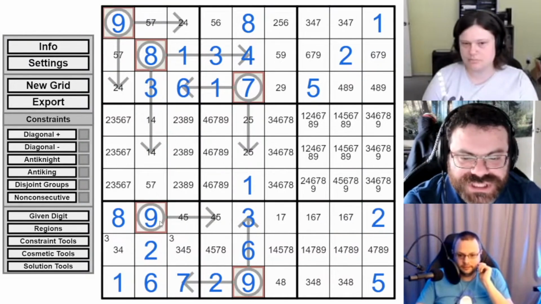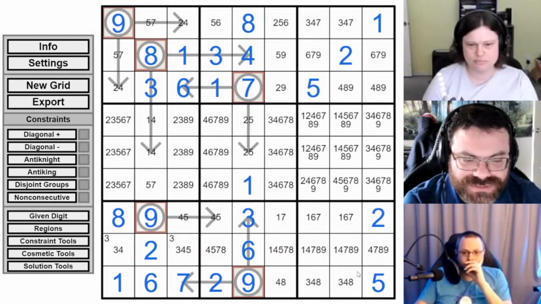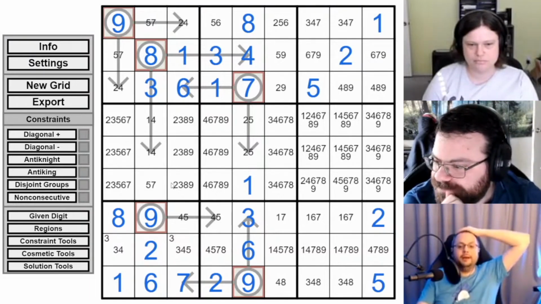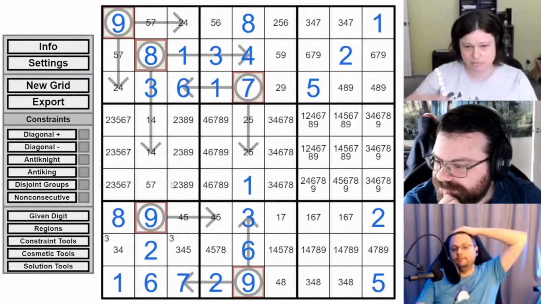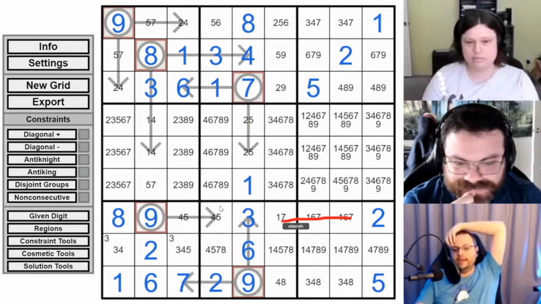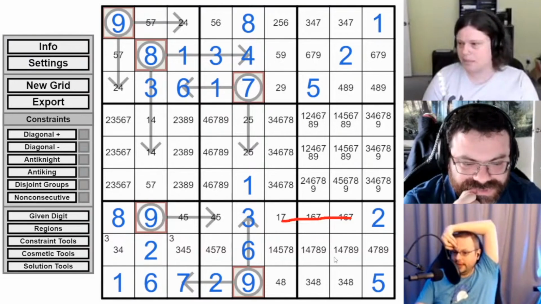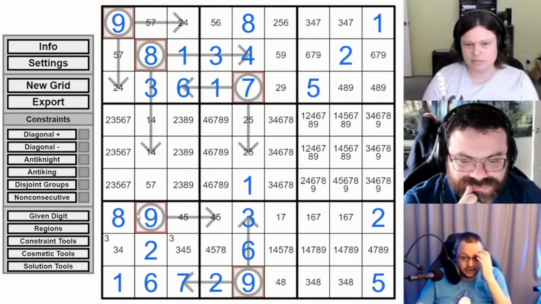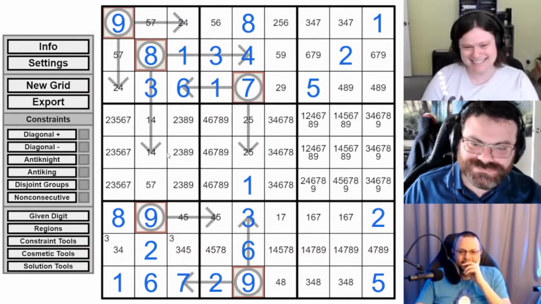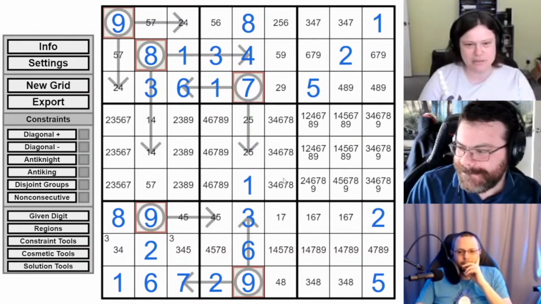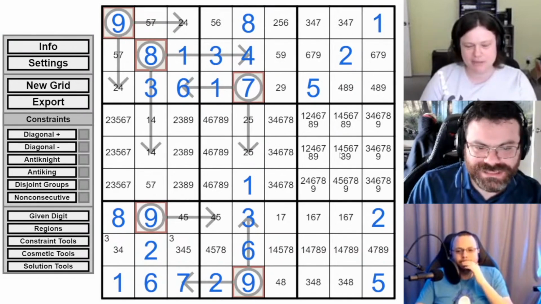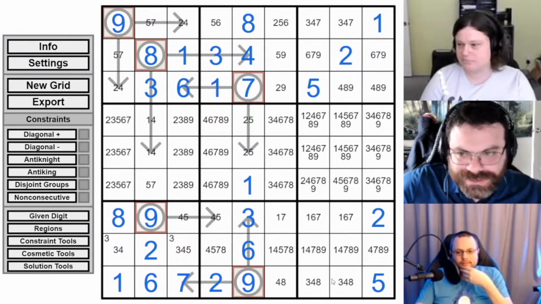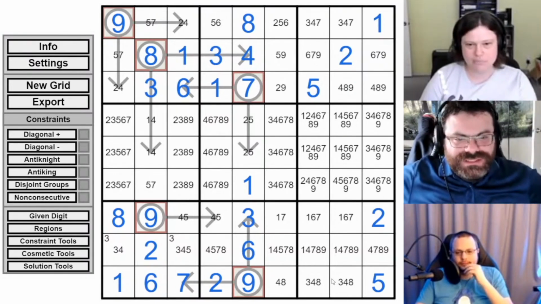Well, okay. So what did we just find that we can build off of? Building off of the 8, we just narrowed down this row to 3 candidates. That's what I was looking at, that these can only be a tiny handful of things. We have a lot of clues on the left side of the grid and none on the right side. It's because the bottom right is really hard to index with arrows. But we're going to need to do something.